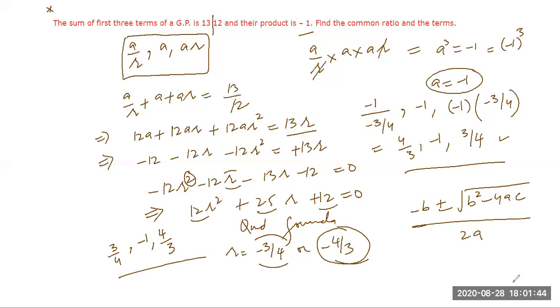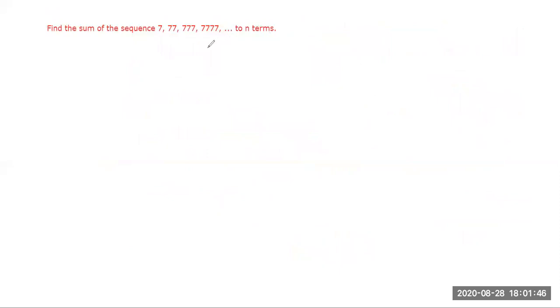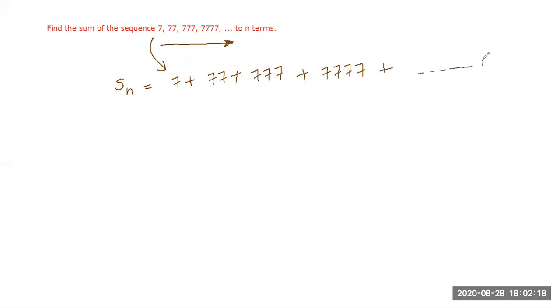And then you see, students, the last sum. This is a sum with a trick. I'm not going to fully do it because everything is calculation, but I'm going to teach you how to convert this into a GP. See, this is not a GP, but we're going to convert this into a GP. How? You want to find the sum of n terms, S n, equal to 7 plus 77 plus 777 plus 7777. Right, Ishma? Up to how many terms? N terms. Ishma, you're listening?